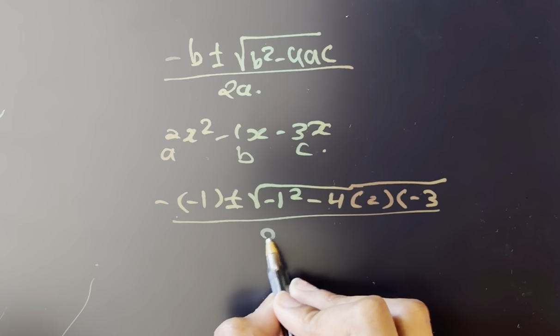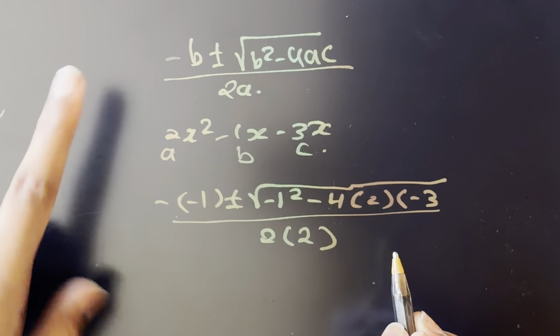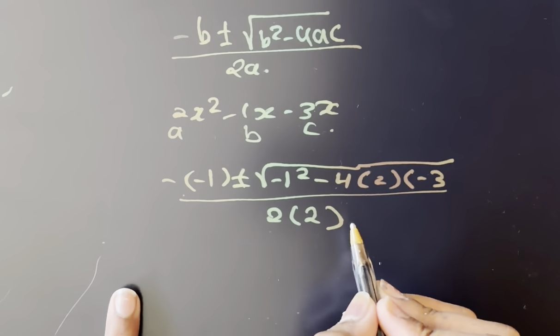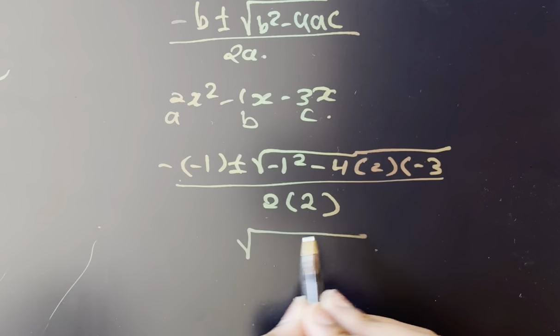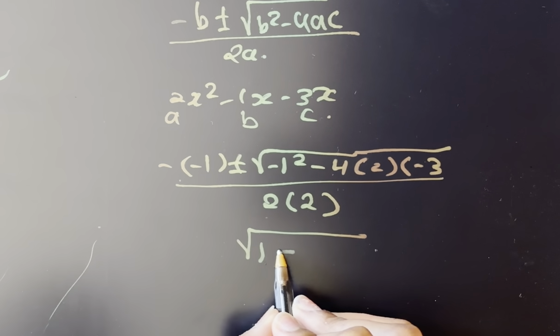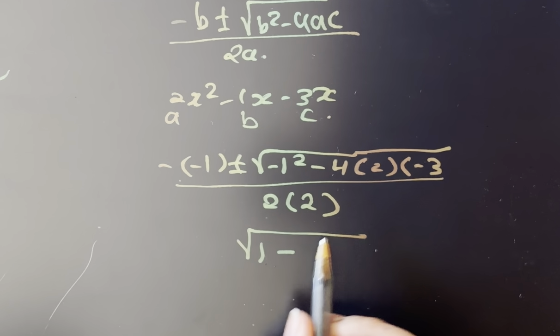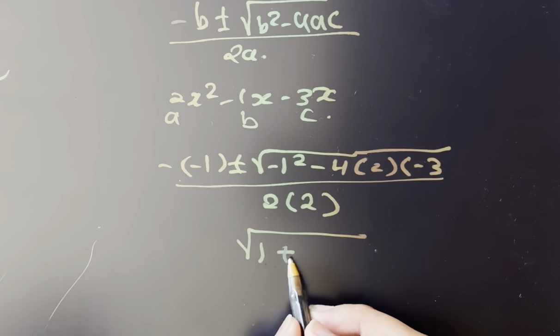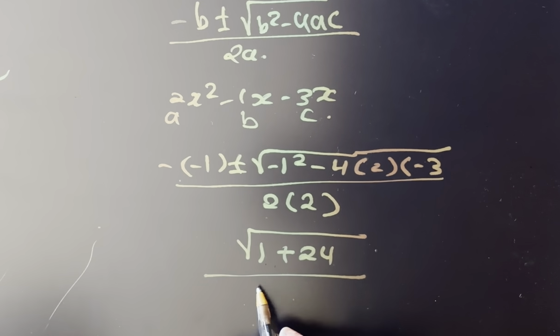And now we're just going to simplify. So negative 1 multiplied by negative 1 is 1. And negative 4 multiplied by 2 is negative 8. Negative 8 multiplied by negative 3 is positive 24. And now just go ahead and simplify the other two numbers. We're going to end up with